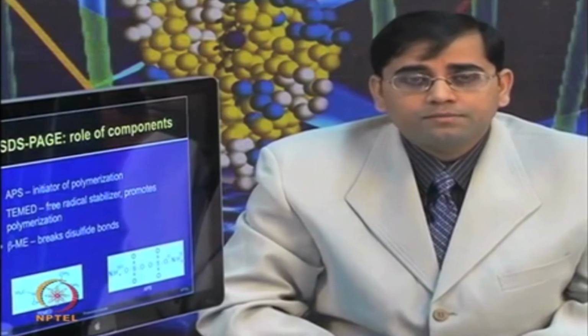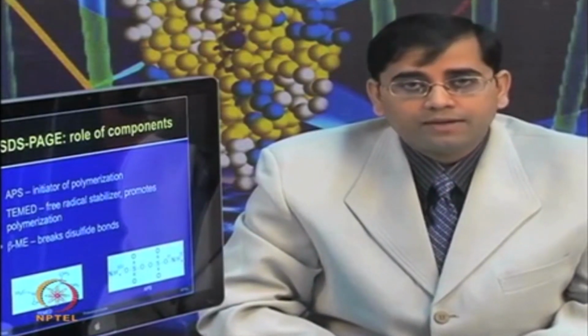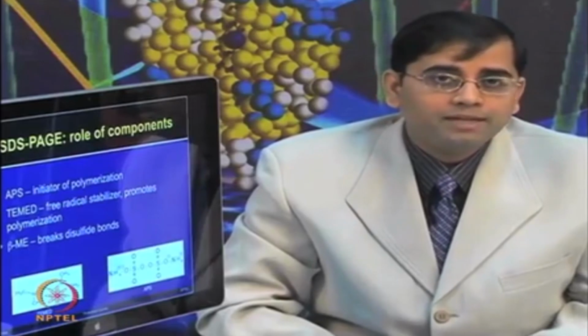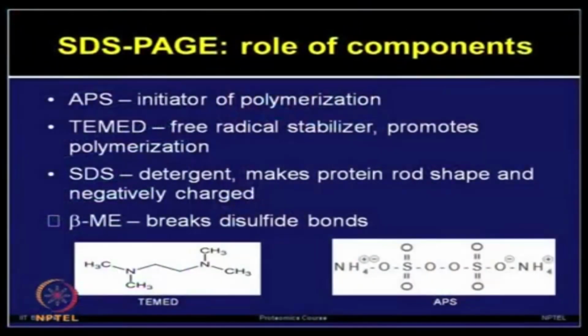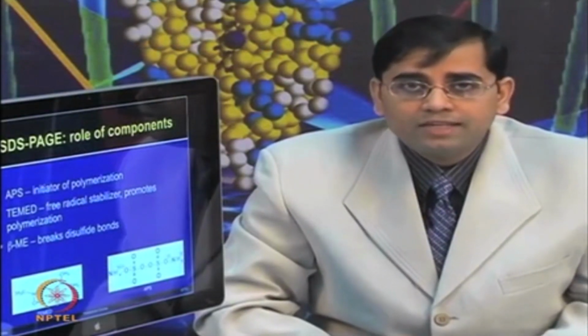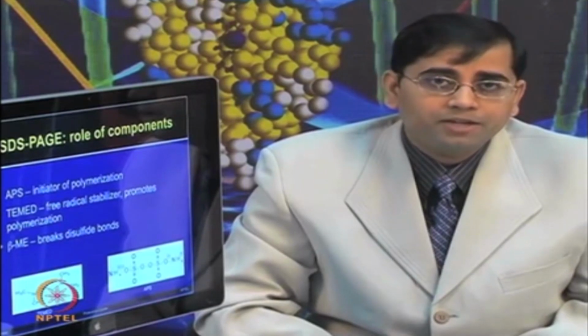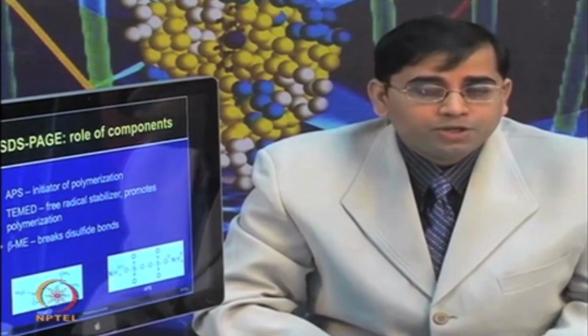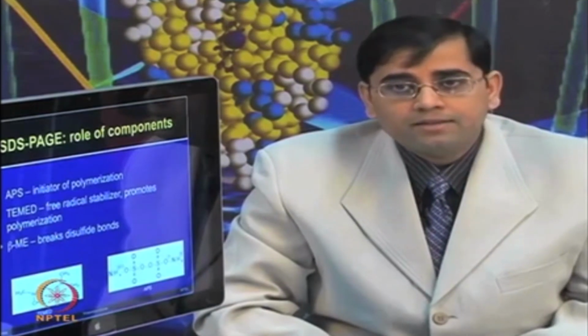which include APS or ammonium persulfate, which initiates the polymerization process. TEMED is a free radical stabilizer, it also promotes the polymerization of the gel. Beta mercaptoethanol is not used in making the gel, but for your protein treatment to break the disulfide bonds. So, I hope you are at least able to understand the role of each of these components which are being used in SDS PAGE, either during the protein preparation